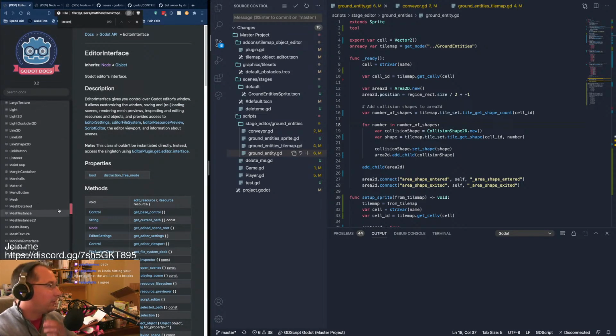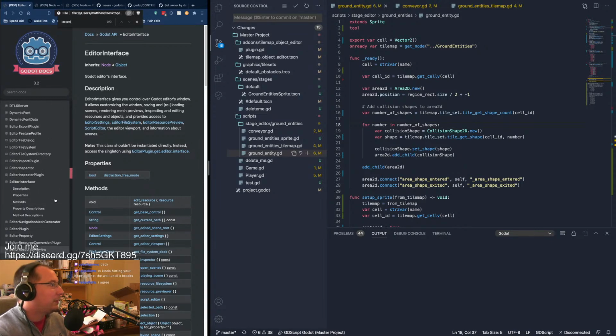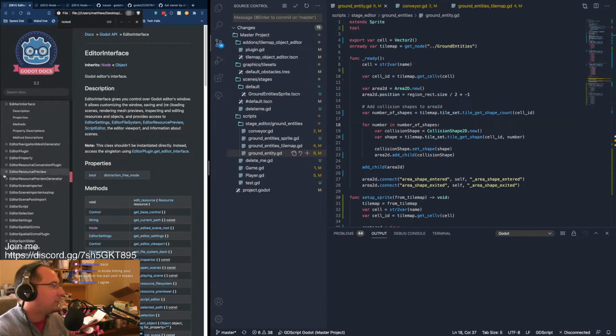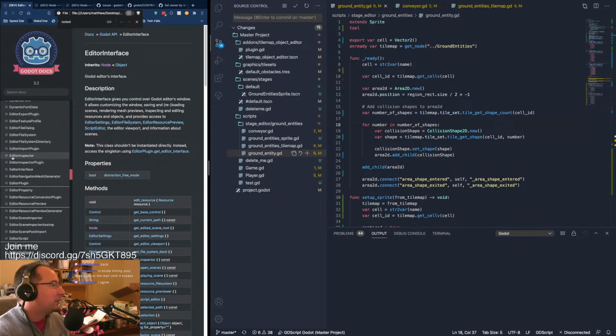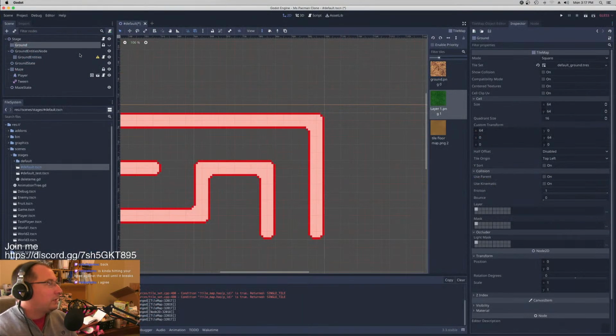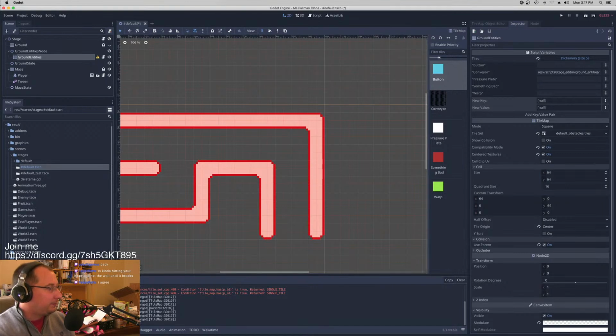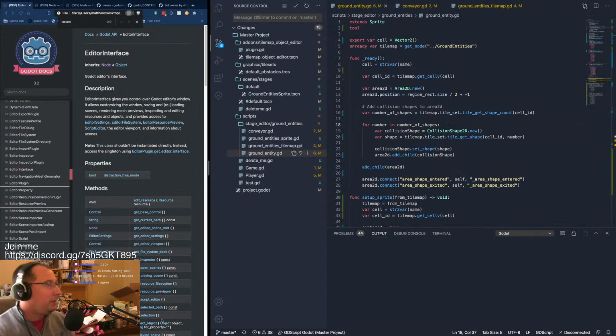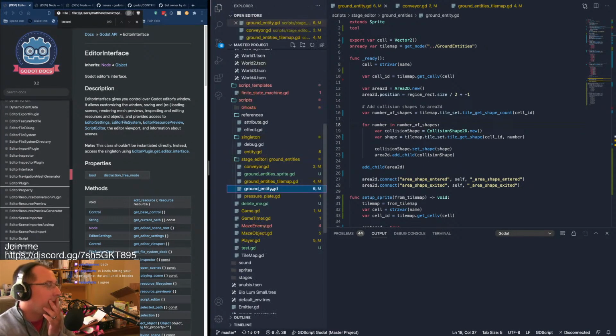No. I'll look around. It's got to be possible, but I might actually have to write a kind of weird plugin to be able to tell it. Like when we select here, I do know that the selection has changed. And that's because I have that plugin going. So I could